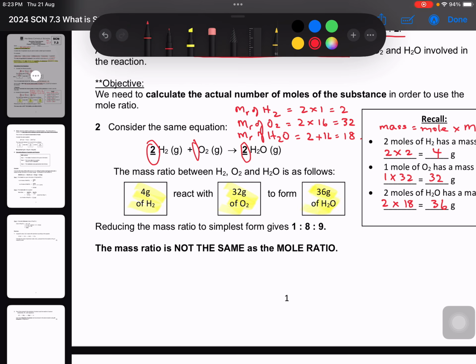What are we given? We're given 8 grams of copper 2 oxide. So this is given, and this is a mass. Now, where are these two things in the equation? Let's circle these two things in the equation so that later on when we do the ratio, we know which